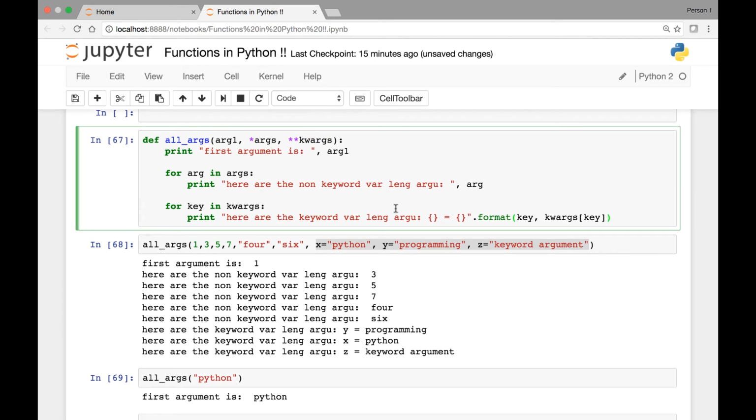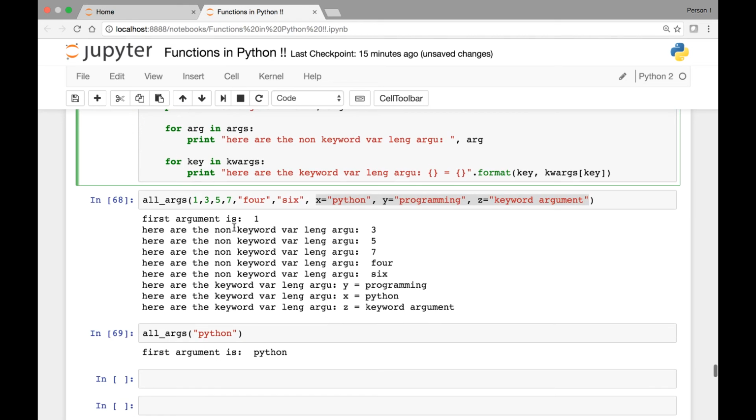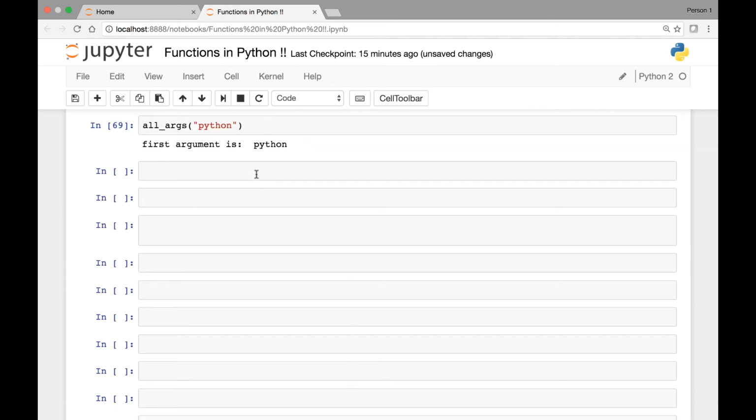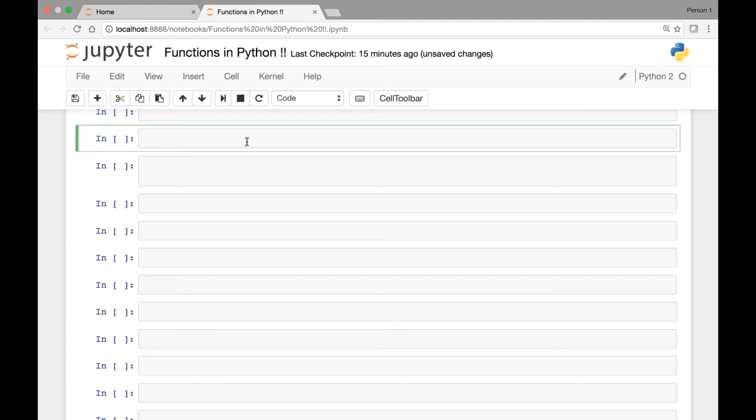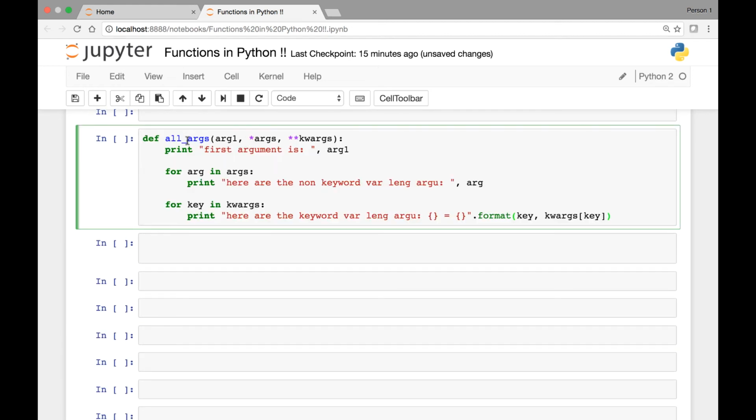One last thing I want to mention is that when you have all these arguments, it's important to state your keyword variable length arguments at the end when you call your function. Otherwise, you'll get an error. Let me show you what I mean. So if I copy this,